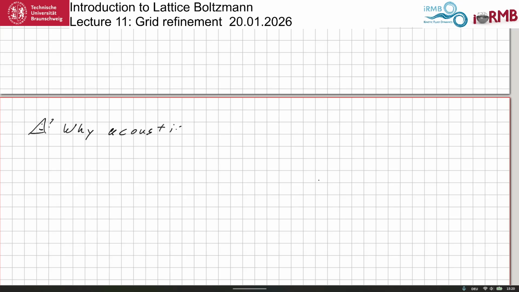There has been at least one paper on grid refinement with diffusive scaling, but really in my 20 plus years of doing this, one paper, and it's not very well cited, I believe. So even though we like diffusive scaling, there is a reason why we want to have acoustic scaling in grid refinement, and this is due to